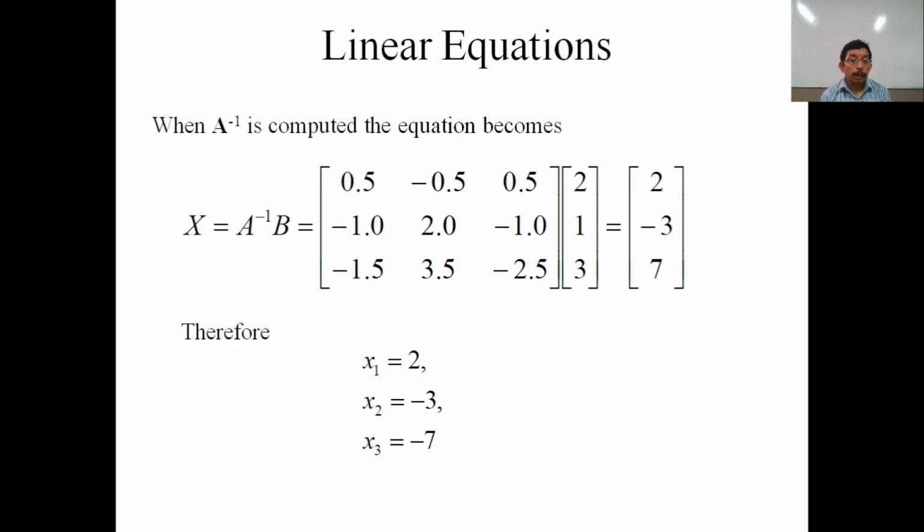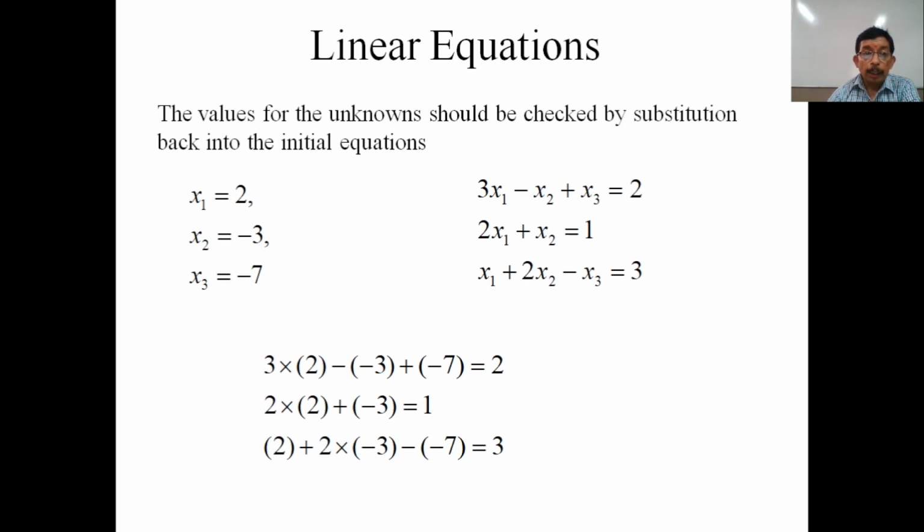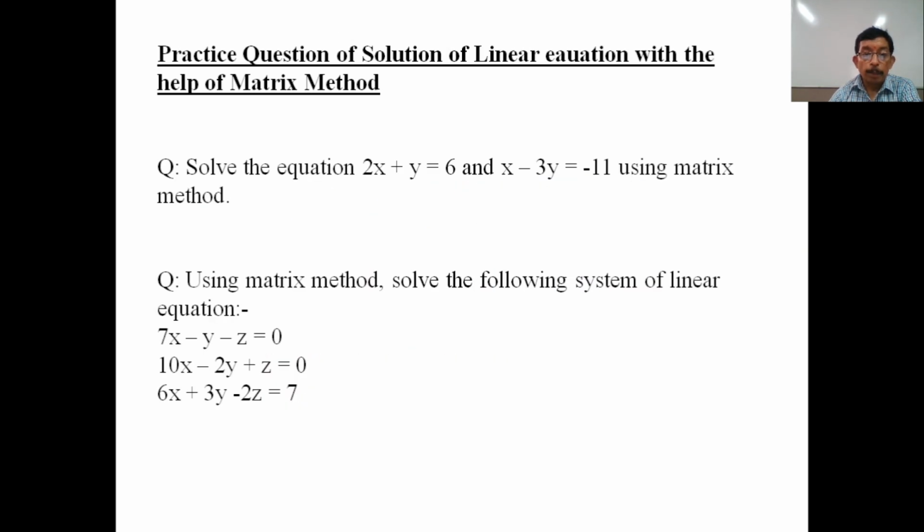Now we find A inverse. The formula is X = A inverse B. First we find A inverse of the given matrix A with the help of the coefficients and determinant. Then after we find A inverse, we multiply by B. Then the value of X is the matrix 2, minus 3, 7. Then x1 = 2, x2 = minus 3 and x3 = 7. It is clear, everyone? Now the second example, 2, 1, 3. This is the solution of the given matrix.